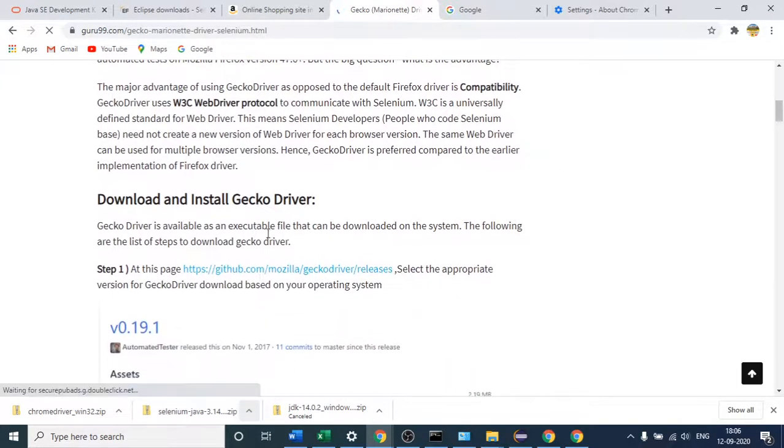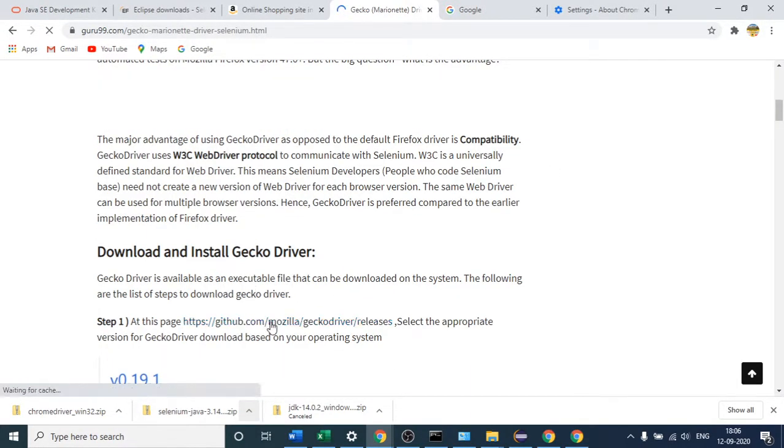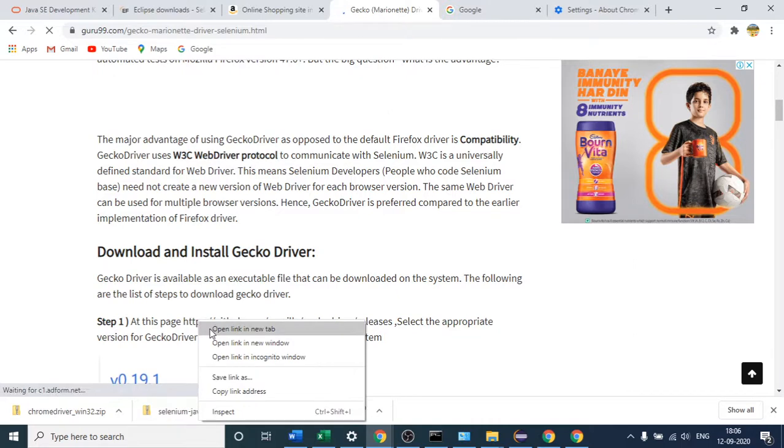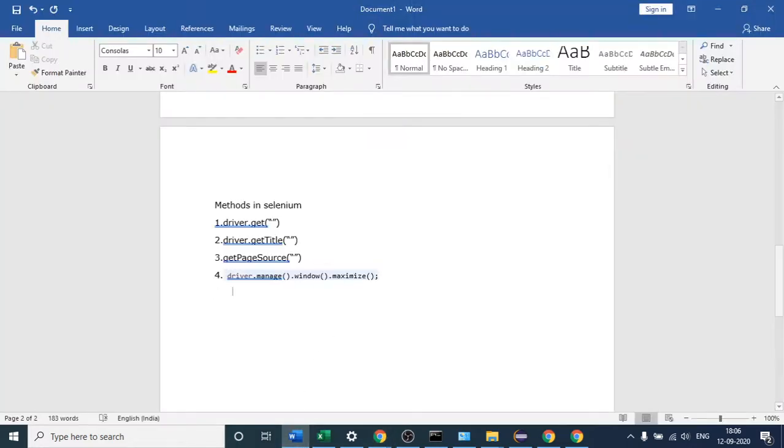Okay, here is the page, and from this you can get that .exe file. I will paste that link in the classroom as well, or let me write it in my WordPad, so we do not have to come to another website again and again. So this is the website, gecko driver download Firefox.